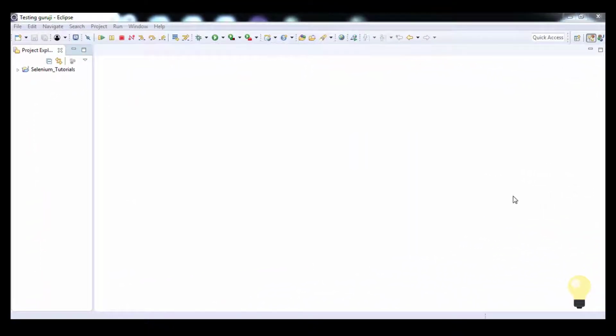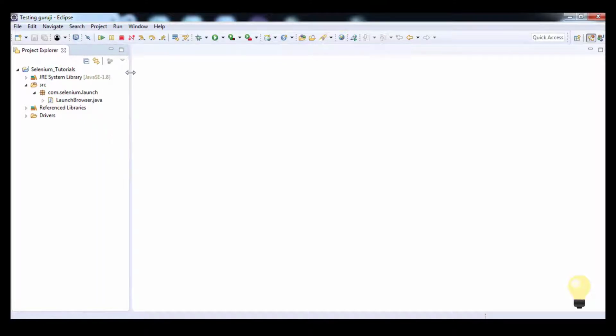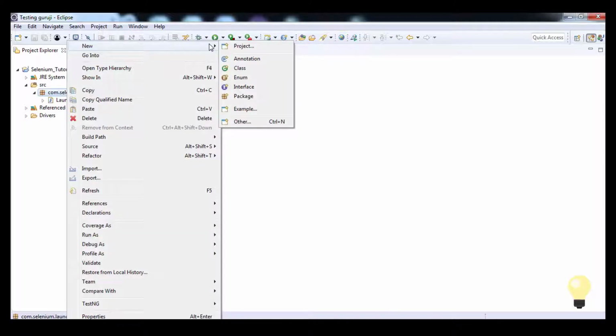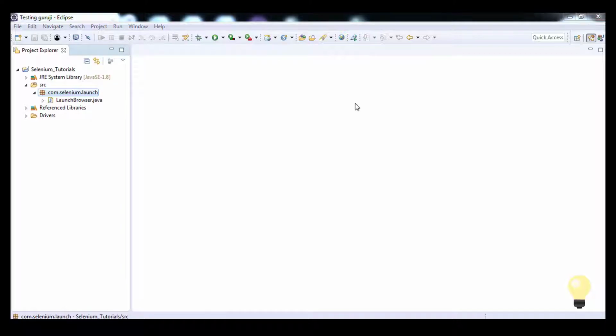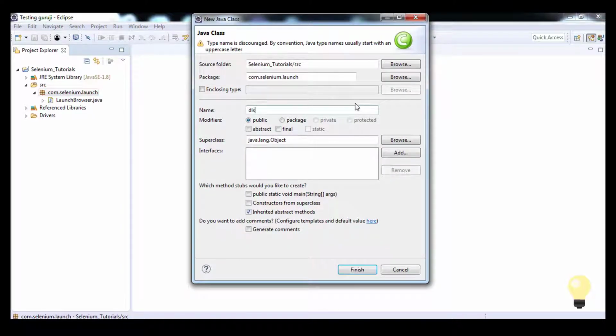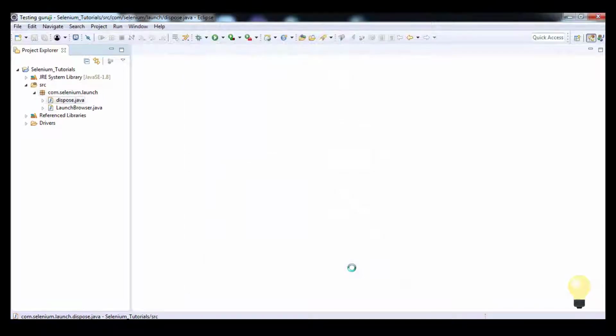Let's see a practical example of the close and quit method in Eclipse with the help of Selenium WebDriver. So let's create one Java class: New, select Class, name the class Dispose and click on Finish.